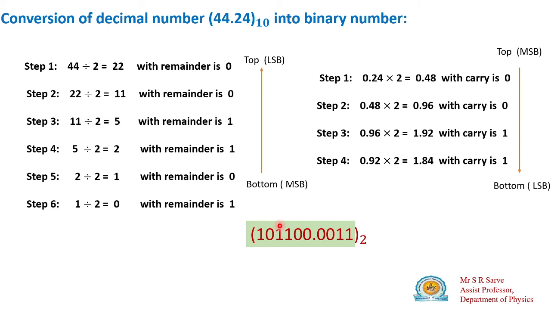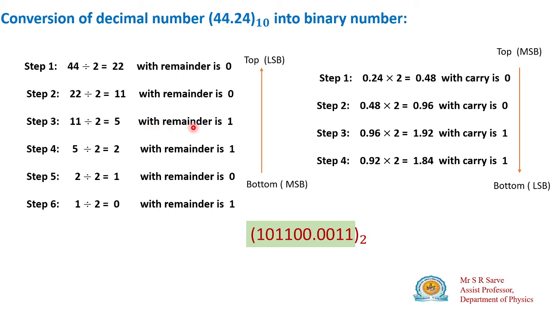Now you have understood. Now here we are going to convert a complete number, integer and fractional, into a binary number. So let us see how to convert 44.24 into its corresponding binary number. So 44, what we have to do is first divide 44 by 2. 44 divided by 2, how much will it be? 22. What is the remainder? 0. 22 divided by 2, 11 is the quotient. What is the remainder? 0. Complete division. So 11 divided by 2, what is the quotient? 5.